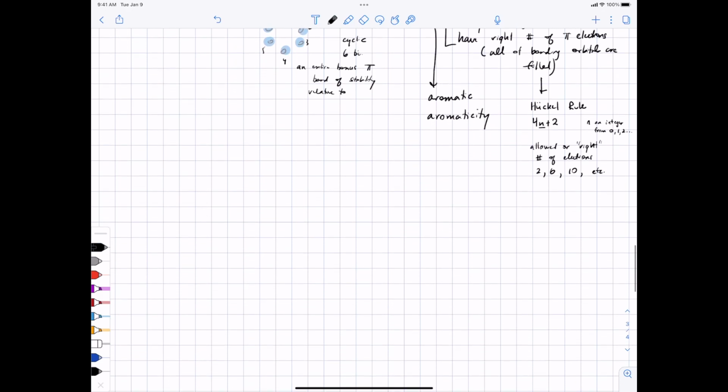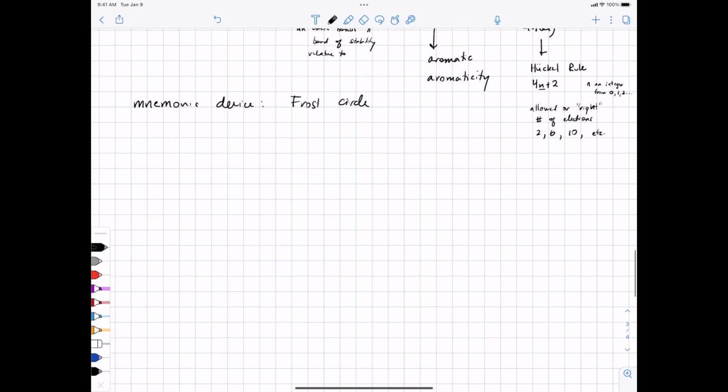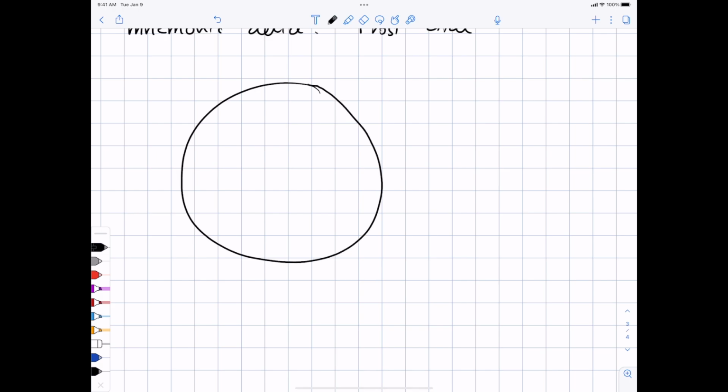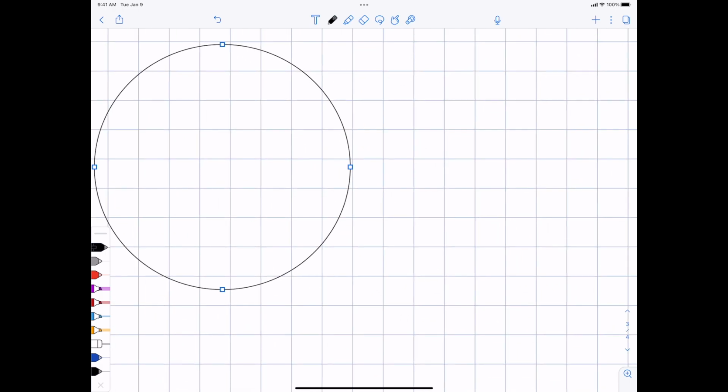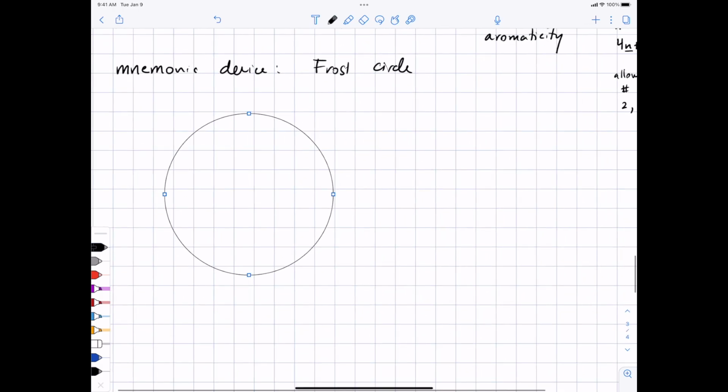As a mnemonic device, there's something here, except I can't spell that word. The mnemonic device is called the Frost circle. And what you do is you draw a circle. That's lovely. And then you draw the ring shape of the molecule you're interested in. In our case, it's benzene. You draw it with the point down,